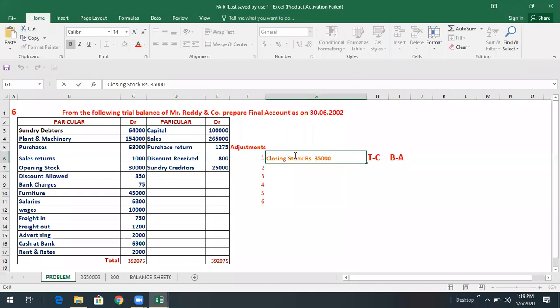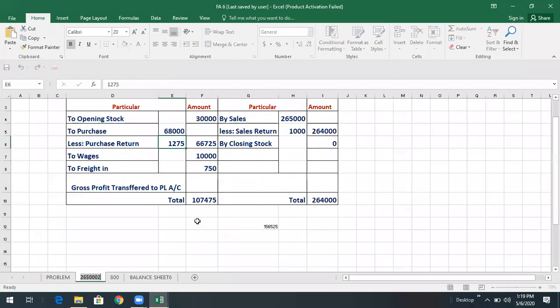If I enter the closing stock, then we go for closing the accounts. So where do we enter the closing stock? Once we enter it on the trading account credit side, then we have to enter it on the balance sheet asset side. In these two places, we have to enter the closing stock particular. So what is the first one? Trading account credit side, closing stock.